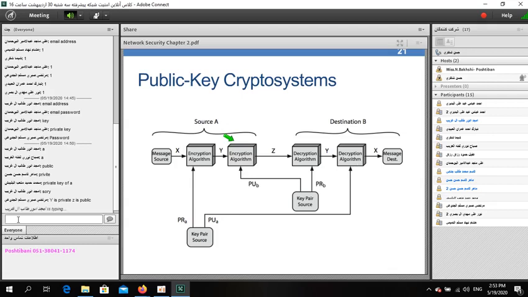No, Y is private, Z is public. We will discuss this. Well, which key should be used for encryption? Private key of A, public key of A, private key of B, public key of B. Which key should be used for